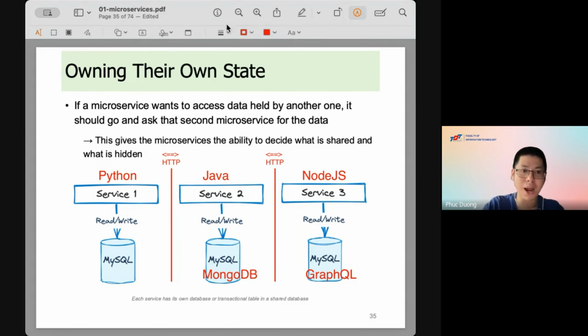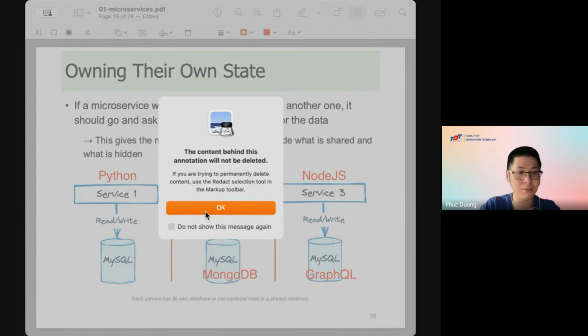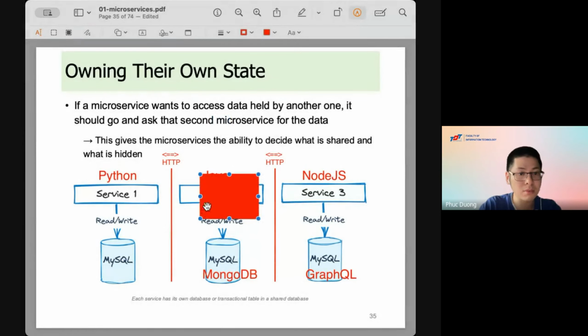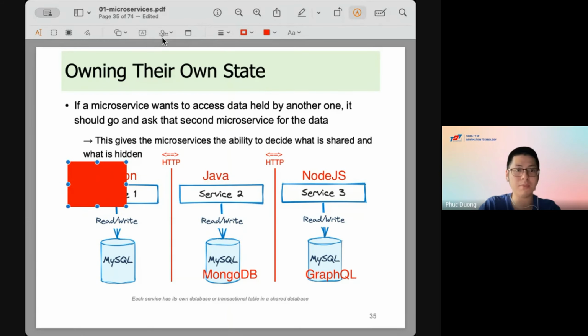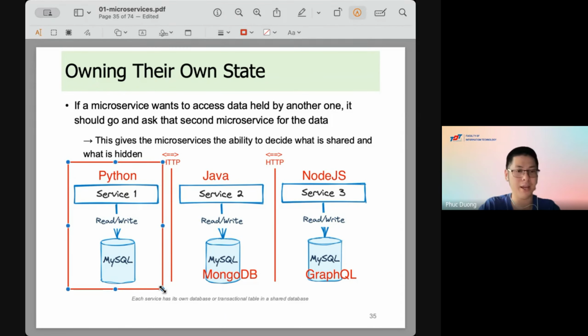And then you wrap the implementation. Okay. You wrap everything together, and we call this abstraction, or information hiding.